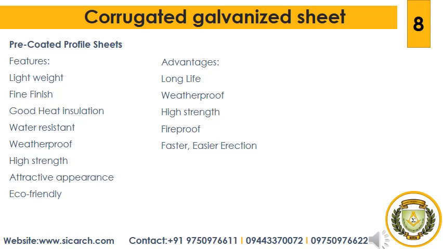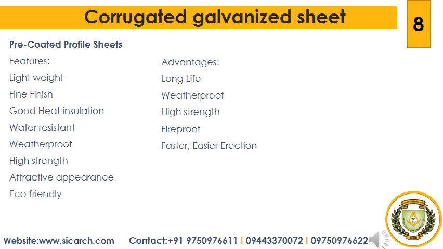So its advantages are, it has long life, as it is manufactured in high quality galvanized steel and aluminum with optical high performance organic coatings for long life even in coastal areas. So the next is weatherproof. In extreme weather conditions like windy, rainy weather, these sheets are not damaged and give excellent support. So the next one is high strength. These profiles have excellent spanning ability and outstanding recovery after excessive load.